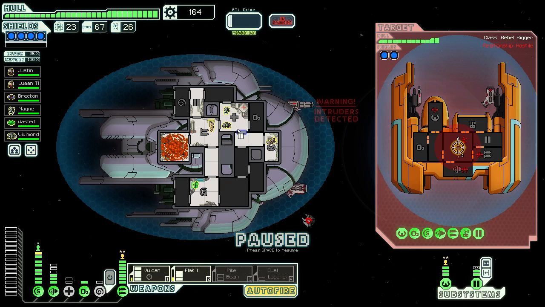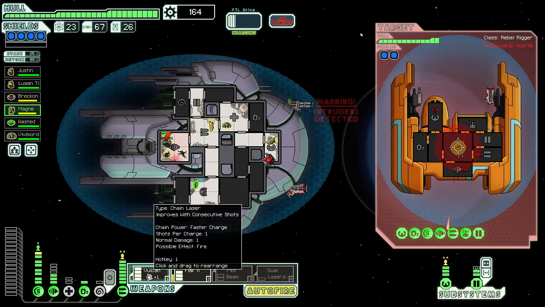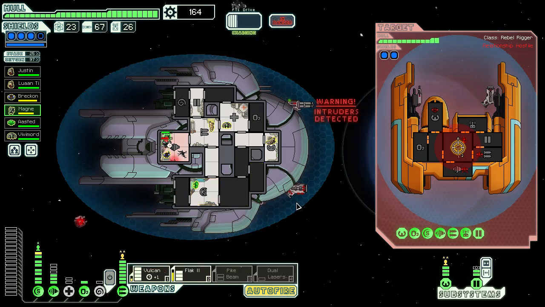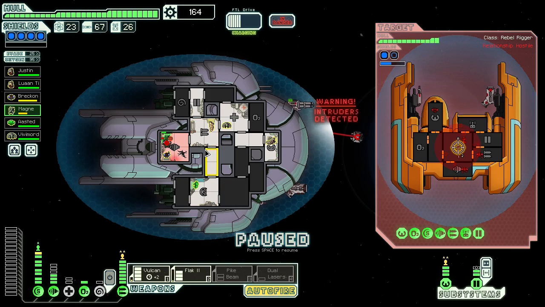Oh, they've got boarding drones. Did it have to be the engines? Alright, Magna, get in there. This is your time to shine. Hold him off. And we'll just... Oh. There's nothing we can do about this, really. We'll just sit and see what happens. We're okay. But yeah, just hold him off as long as you can. Try and get him to redeploy, honestly, because this is a terrible...